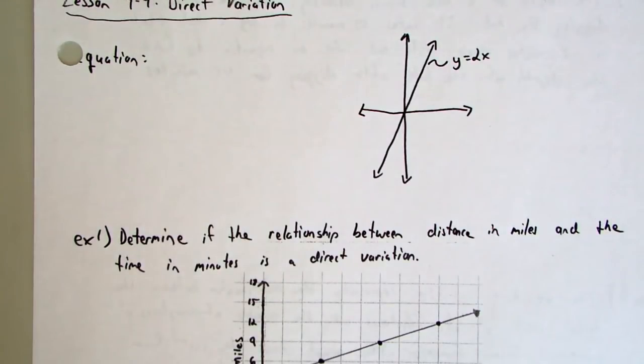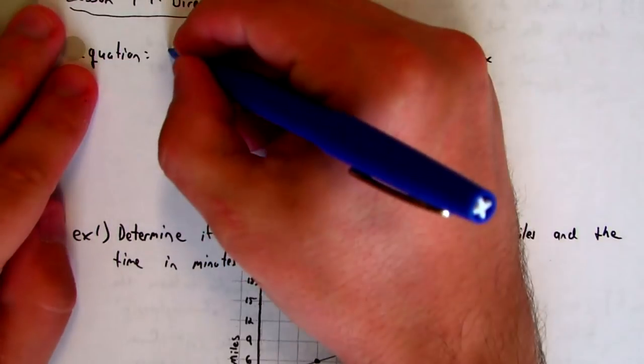All right, so today we're going to be talking about Chapter 9, Lesson 4. This is about direct variation. Direct variation is very, very similar to slope-intercept form. The only difference is, in slope-intercept form,